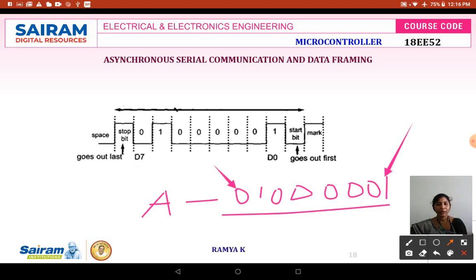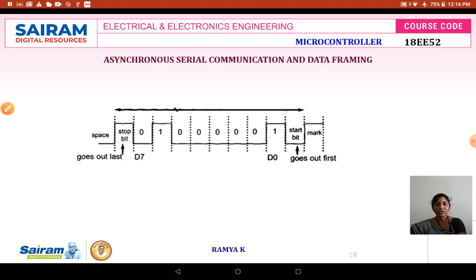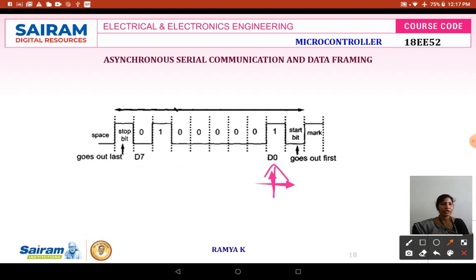When you frame the data in asynchronous communication, you write the data as D0 to D7, and the data gets transmitted with D0, the LSB, first. Between the start bit and stop bit, we frame the data from LSB to MSB.